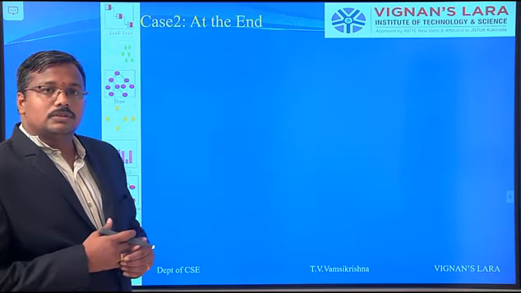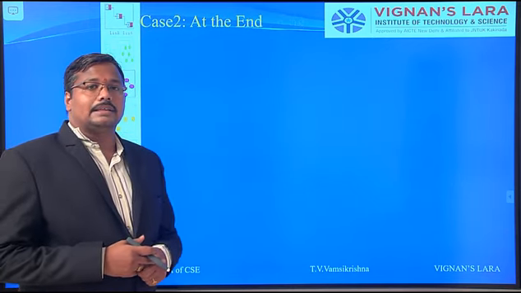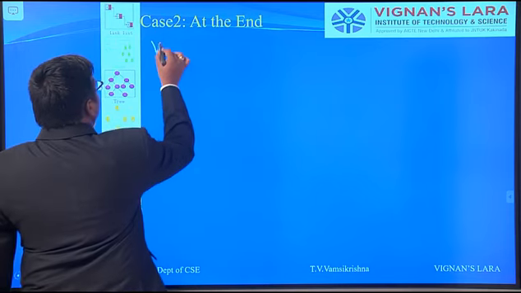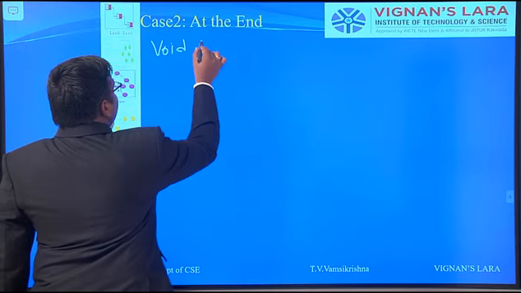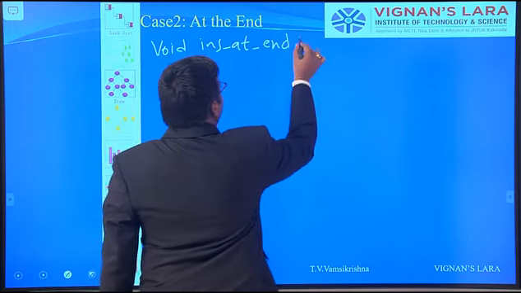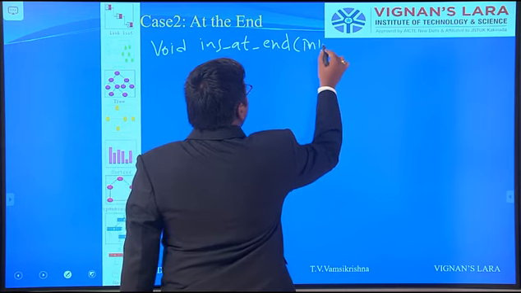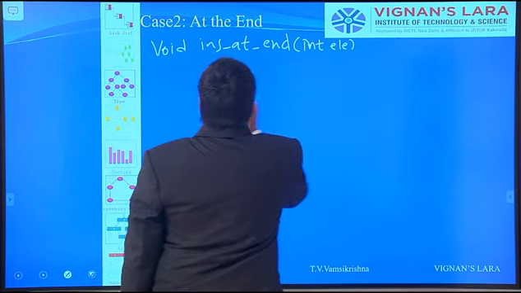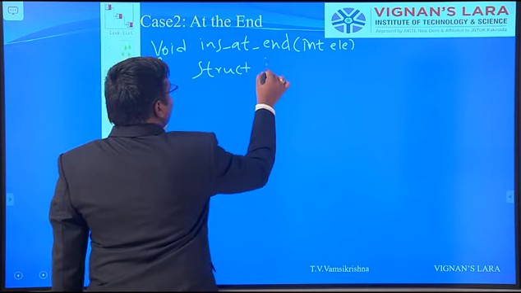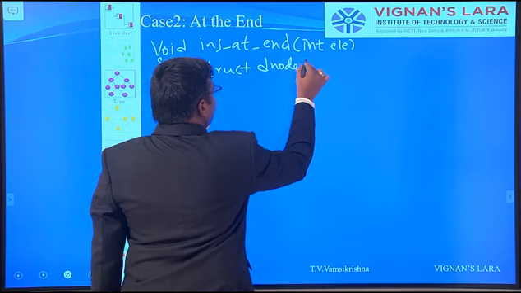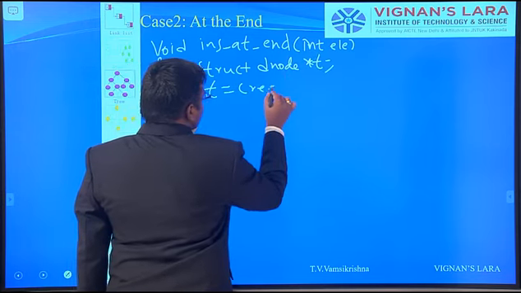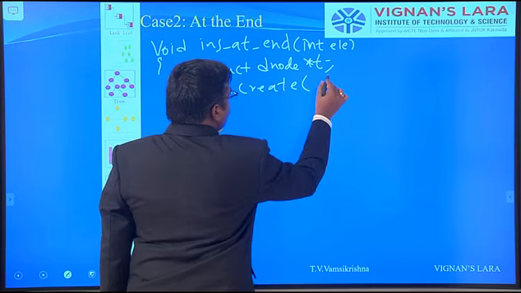So next we go for the insert at end function. In case of insert at end, void insert at end. Again we need to pass some element as an argument. Whenever you want to create a new node, definitely you need a pointer, so we need to store the address of the newly created node.